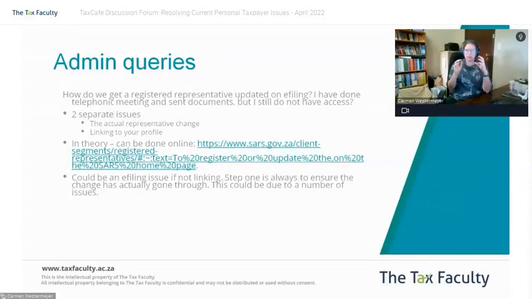e-filing team, right? So the first thing you need to do is, for example, if you've got company A who, let's just say Bob was the representative taxpayer and it's now me. First things first is company A needs to ensure that on their RAVO 1, the representative taxpayer changes from Bob to me, and that change goes through. Then the secondary issue is, in theory, it should then link to my taxpayer profile, my e-filing profile. If the company A details have updated correctly, but it's not linked to my profile, then we need to get the e-filing issue addressed.